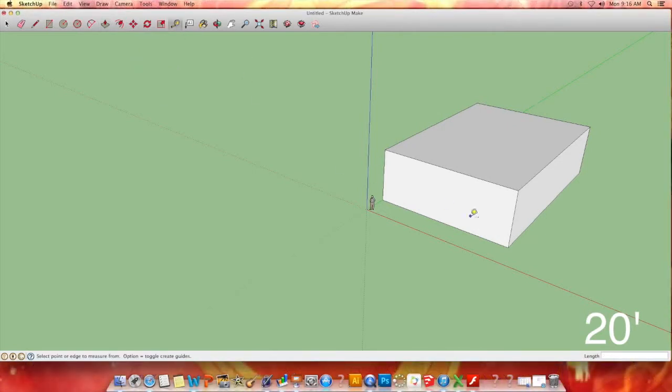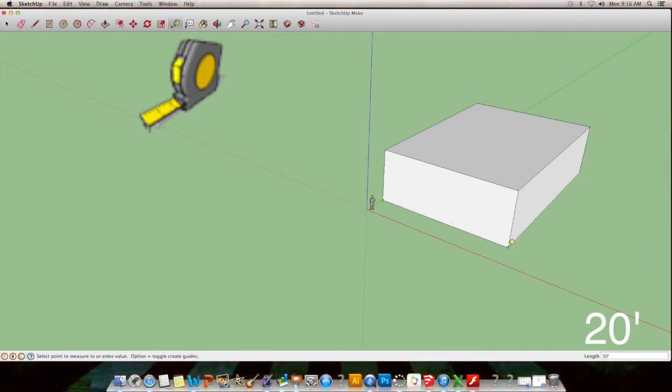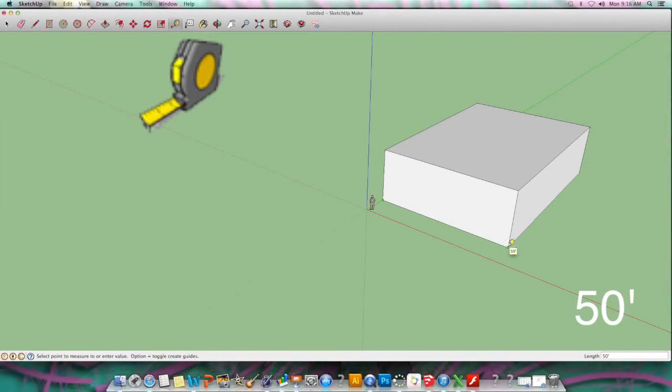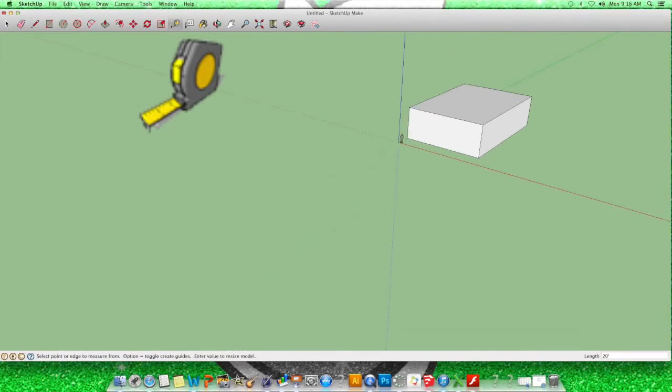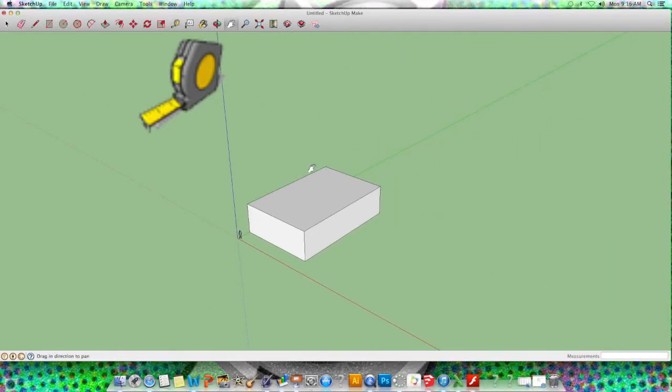Now I just want to show you with the measuring tool what we've done here. To prove that I did it with real dimensions, you can see that if I measure that, it shows 50 in both the bottom corner and next to the measuring tool. If I do it from the other corner, you can see that it measures 75, and if I measure up, it measures 20 feet. So I know all my measurements were done correctly, which is what I'm going to be checking for. This is the difference between a sculpture and something real, like a house that's going to have real